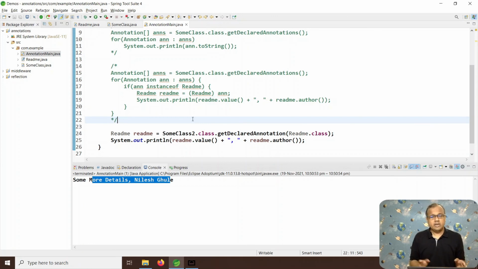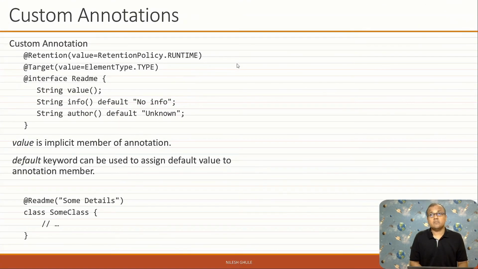I hope you have got a clear idea about how we can use the reflection technique to process the annotations at runtime. And as I mentioned earlier, this is a similar technique that is used by most of the popular frameworks like Hibernate or Spring to process the annotations.